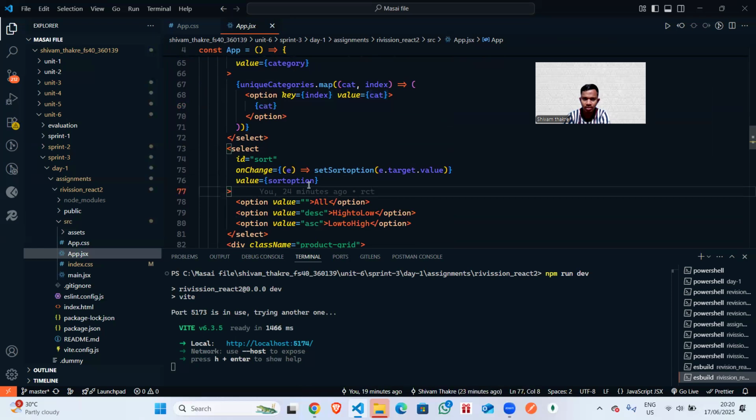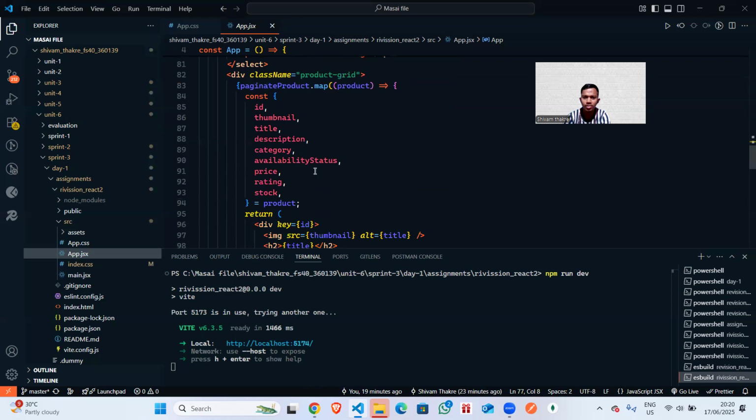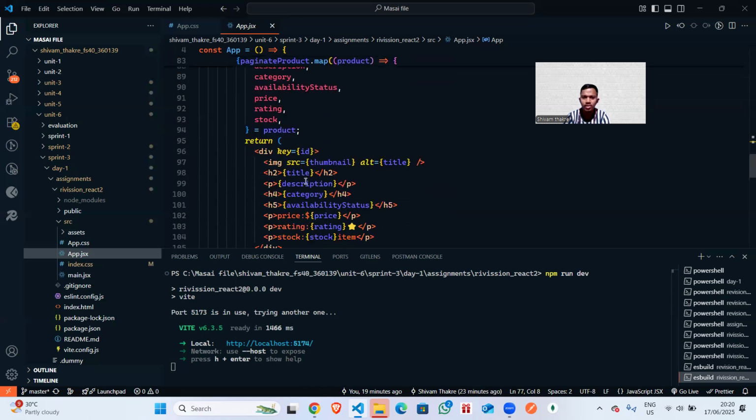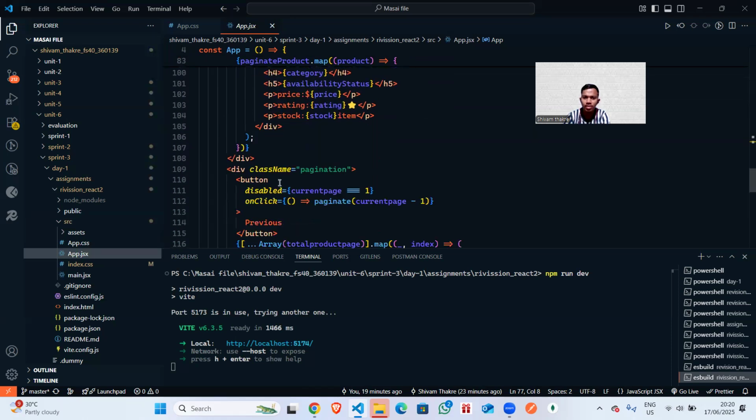For sort options there is also a select, and then we map the filtered products array, which we gave a variable name like paginated. I did destructuring there, and then it shows all the images, description, category, availability status, price, rating, stock, everything. And pagination is implemented.